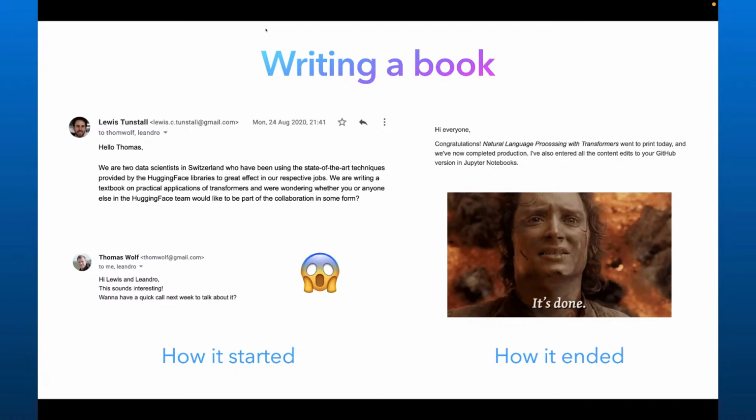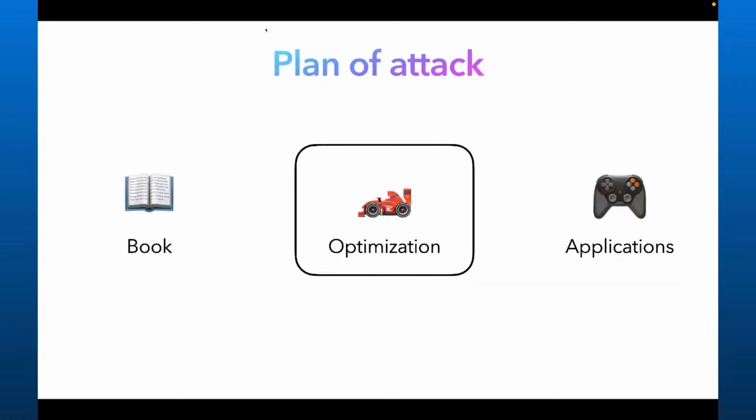And what I thought I could do today is just talk about one of the chapters in particular, which is all about this idea of how do you optimize transformer models when you're dealing with production questions. So the sort of thing that you might wonder about when you're doing any sort of machine learning,